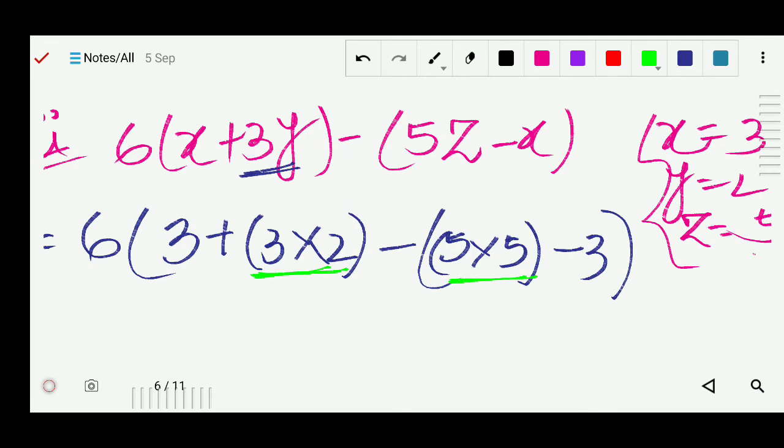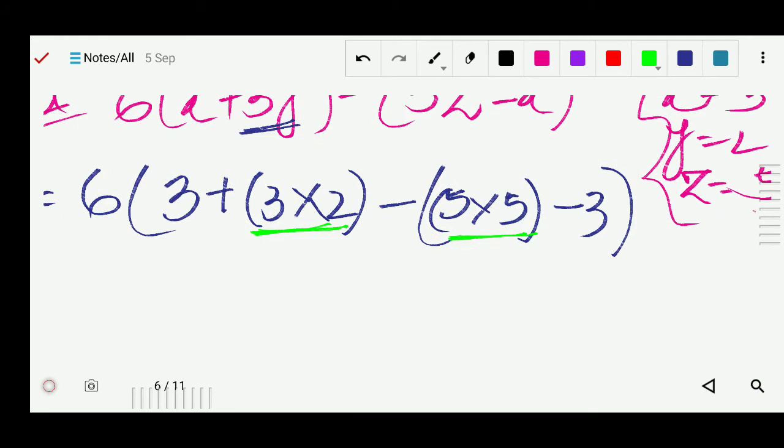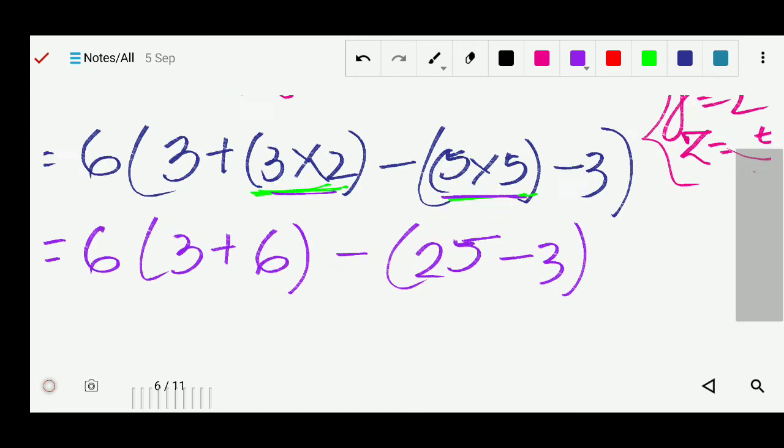Okay. You can do it directly also in your mind. You can calculate 3 twos are 6 and you can write directly also, just to make you understand that's why I follow this step. So here 6. Okay. Now 3 plus this 3, this 2 will multiply 3 twos are 6. So write here 6 in the bracket minus this 5. This 5 into 5, 25. So write here 25 minus 3. Okay.